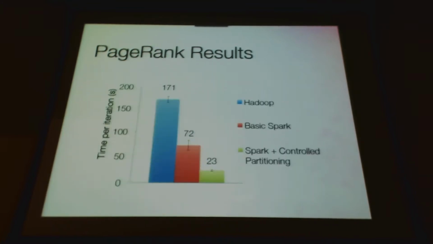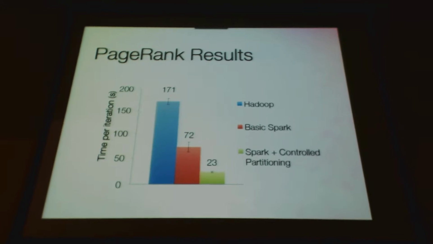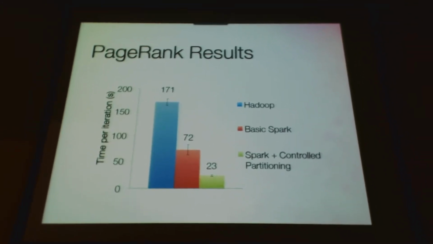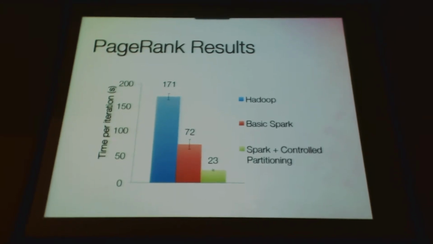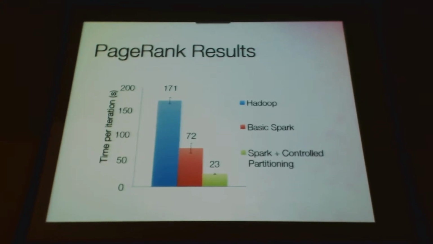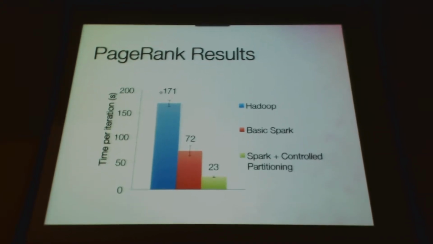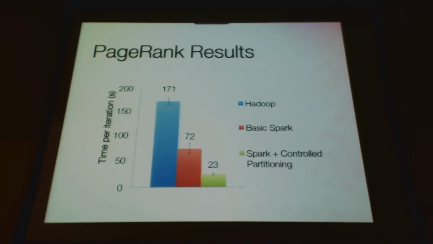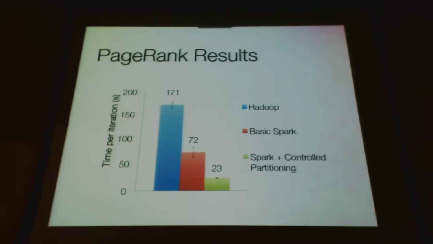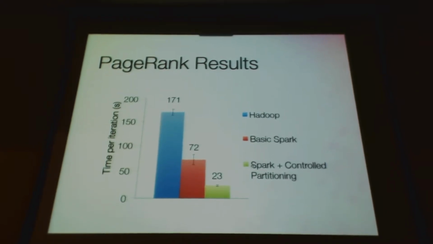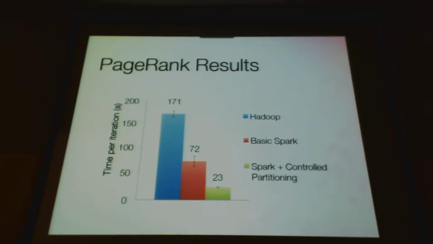Okay, so with these two enhancements, one is that iterations are fast, and two, that we can partition the matrix such that a node knows which page it is responsible for. Just those two optimizations bring down iteration time compared to PageRank by almost 10 times, let's say 8 times. So controlled partitioning here means that pages of the same domain name show up on the